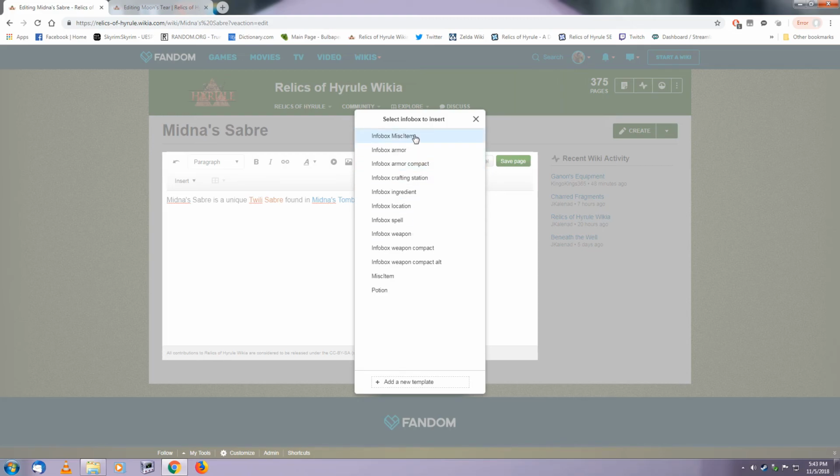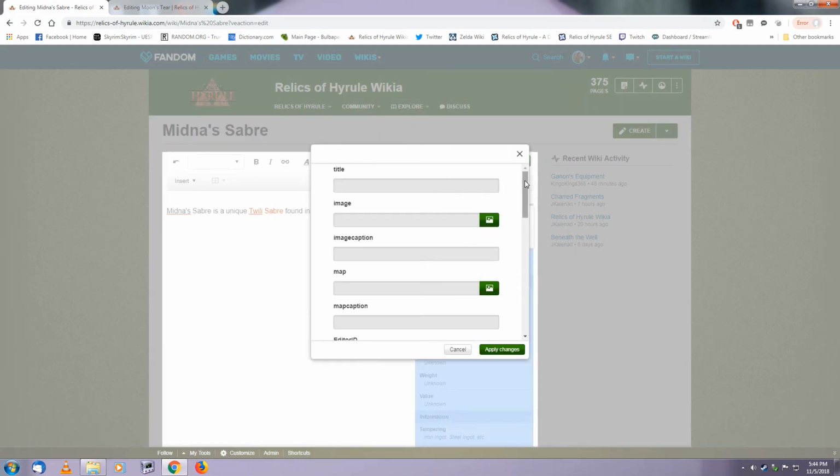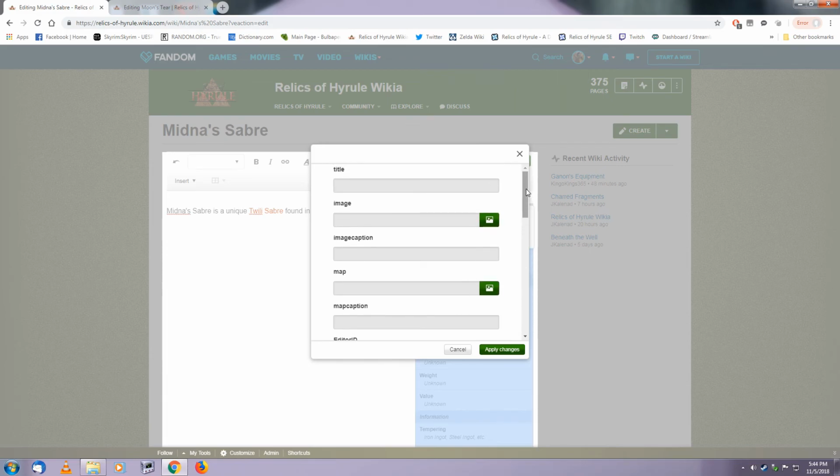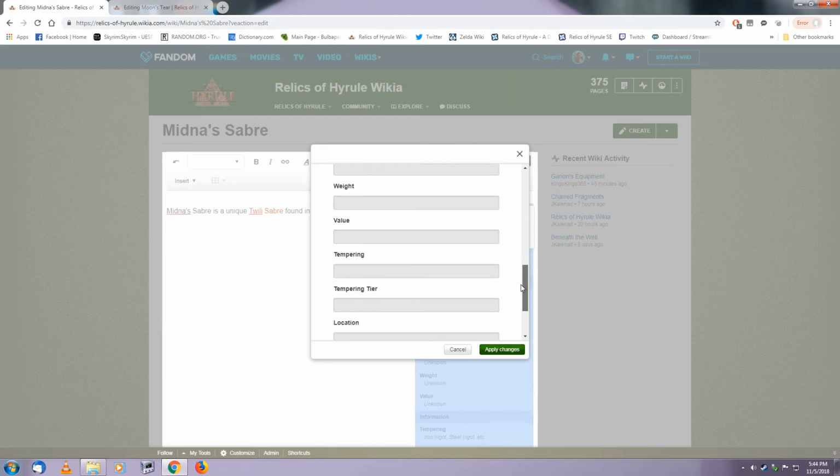For Moon's Tear I would use misc item, and some of the info boxes are not available, like the character info box. I don't know where that one went, but info box weapon for Midna's Sabre, and that gives you a bunch of information, a bunch of things to fill in. You don't have to worry too much about any of these,